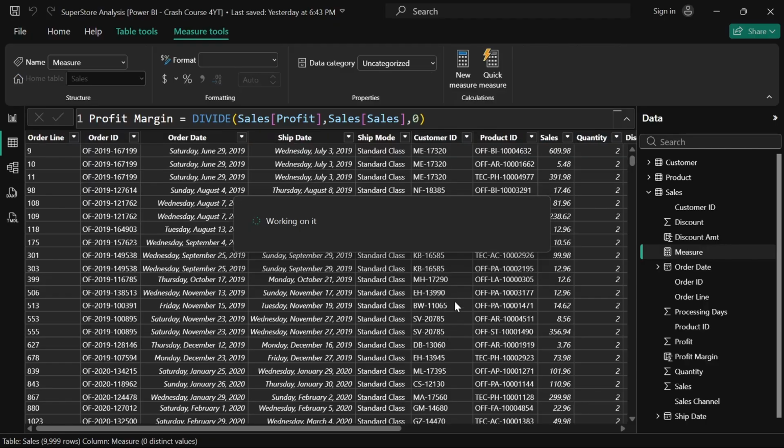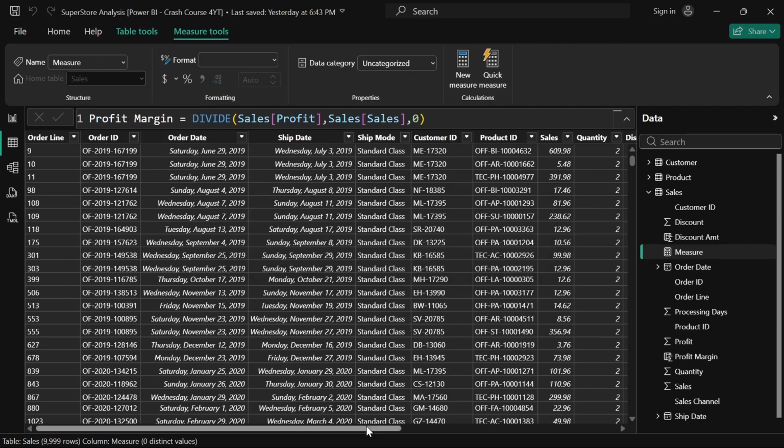We don't have to worry about how it gets the region. It will do that automatically. So let's say profit margin